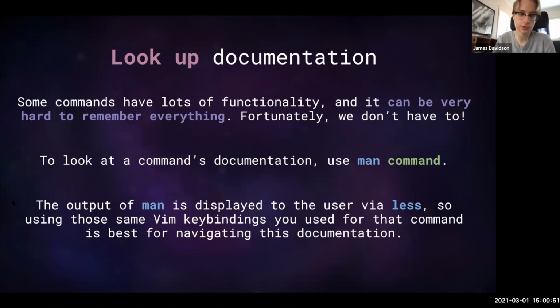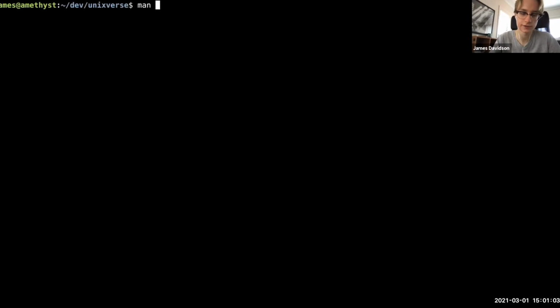So as we saw, the output of man is basically less. So you can use the key bindings we had before to navigate, jump to, from. One thing which I will show off,